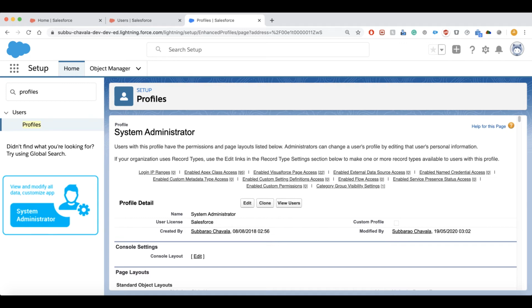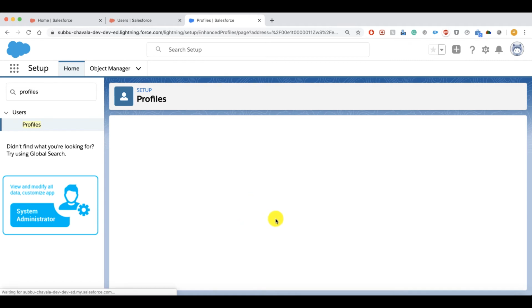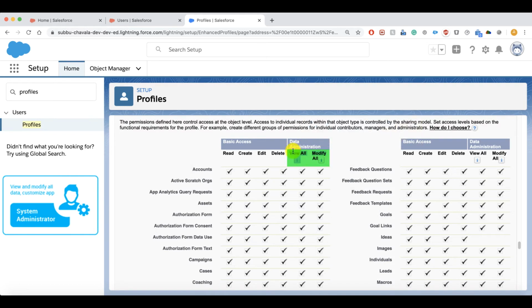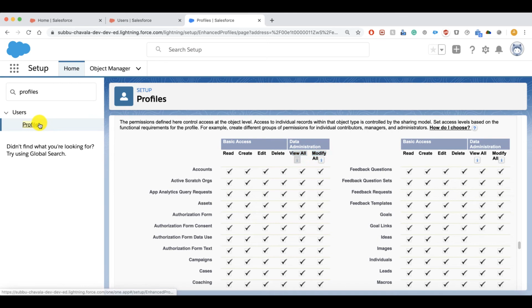That is because of two special permissions which are view all and modify all. Click on edit, we can see those. See, view all and modify all. These two permissions give access to all the things present in Salesforce. View all data gives the access of viewing all the data present in Salesforce. Modify all gives the access of modifying all data present in Salesforce. If we assign these two permissions to any profile, the users on that profile will have access equal to the system administrator. So these two are special permissions that give a user on a particular profile access to most of the things in Salesforce. Now click on profiles.